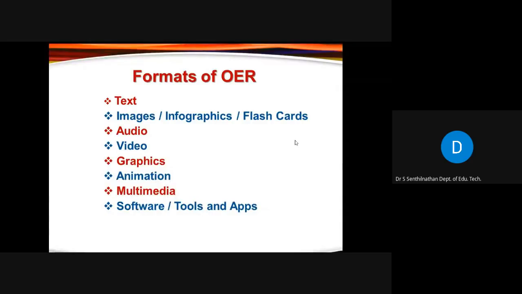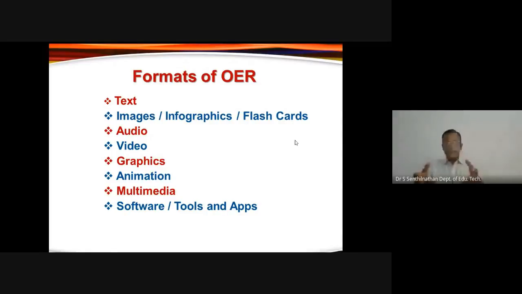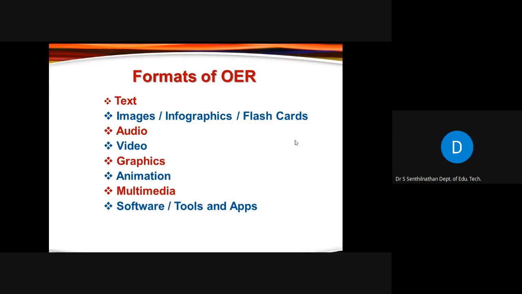Also available are software, tools, and applications for doing different things, for anything, free of cost, for doing some analysis, for preparing some work, for editing an image. There are plenty of tools and software available. And again, plenty of mobile apps and web apps are available for learning, gaming, entertainment, plenty. So these are all the different formats in which the open educational resources are available.